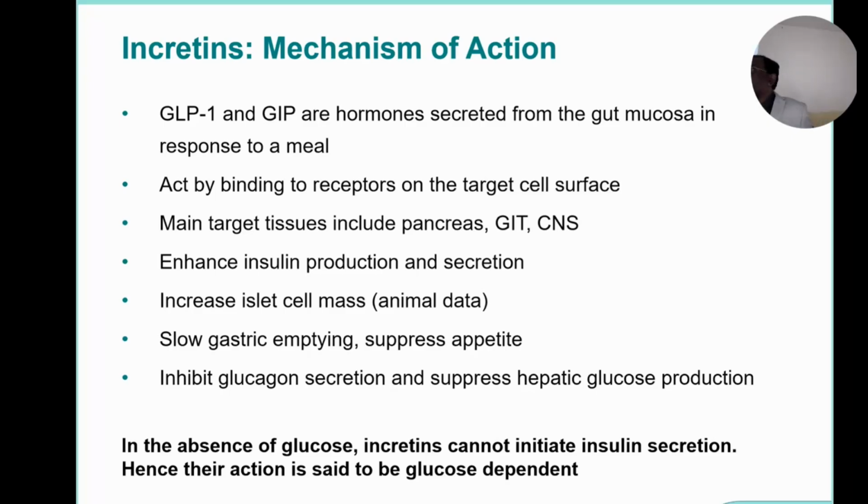pancreas. So there are 5 ways in which these are used. One is alpha cells, beta cells, intestines, brain, and also the liver. So in that way, these drugs will act. So those are the incretin hormones. These are the only drugs which act on the alpha cells. No other drugs will act on the alpha cells. How is it important? Alpha cells. Okay. So by acting on the alpha cells, how do they act? They reduce the glucagon activity or they increase the glucagon activity?